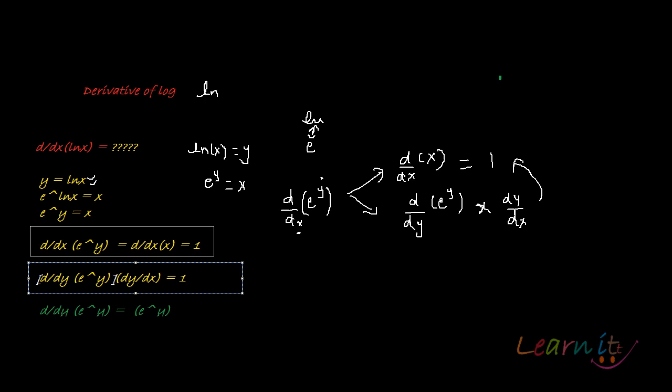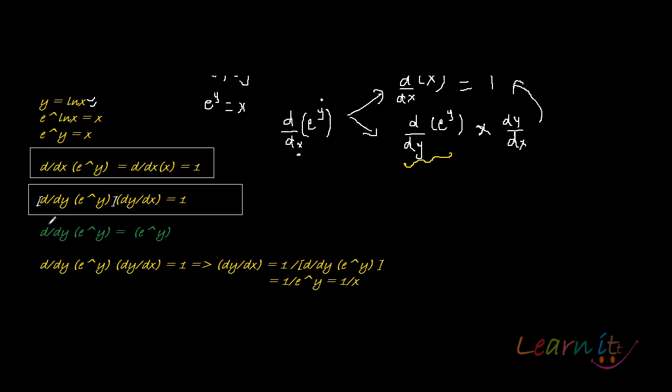So what will that give me? Now from our knowledge of the exponential and its derivative, I know the derivative of e^y is e^y itself, and that's how we defined the exponential. So d by dy of e to the power y is equal to e to the power y itself.